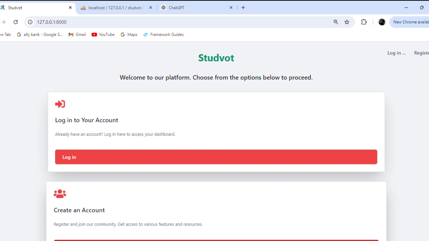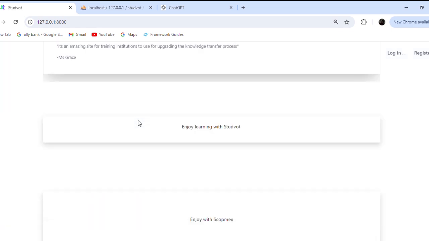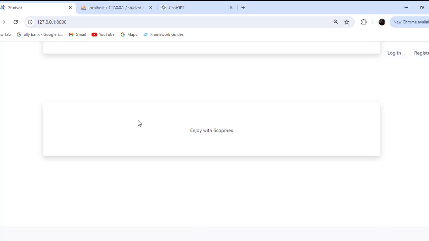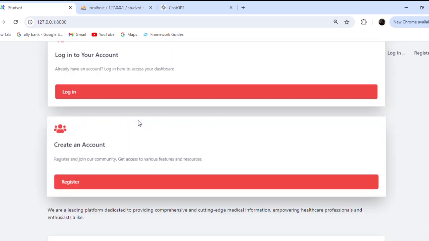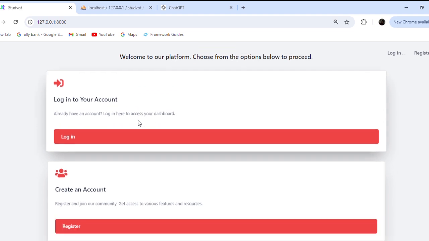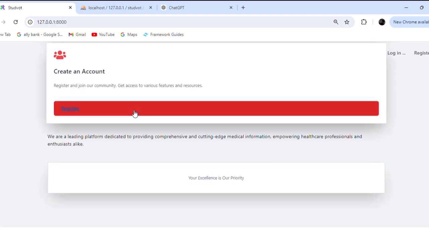And today I'm going to demonstrate how to use Studvot. So this is the first page before you have logged into Studvot and before you have registered. So if you don't have an account in Studvot, go on, click on the register button